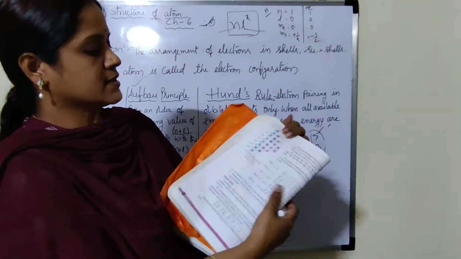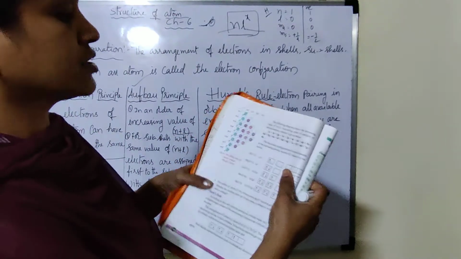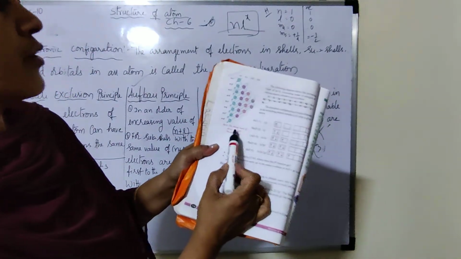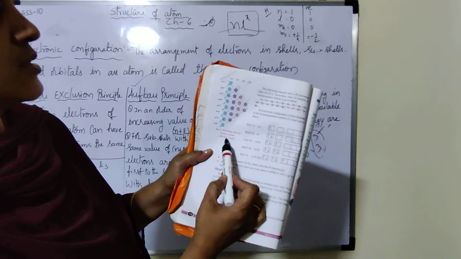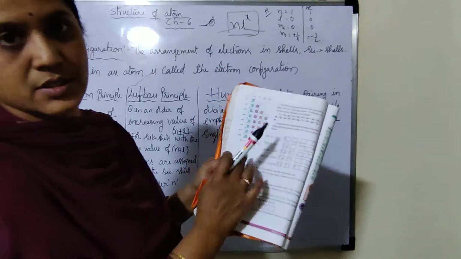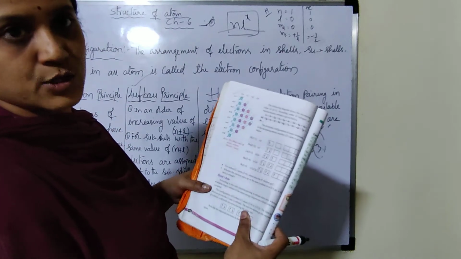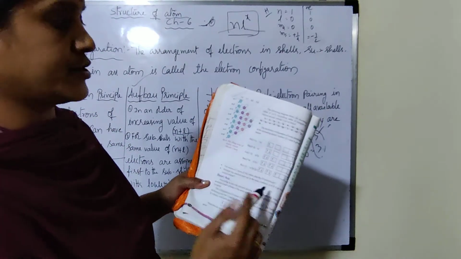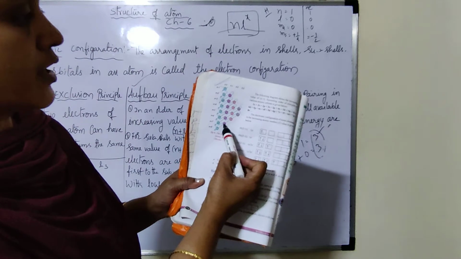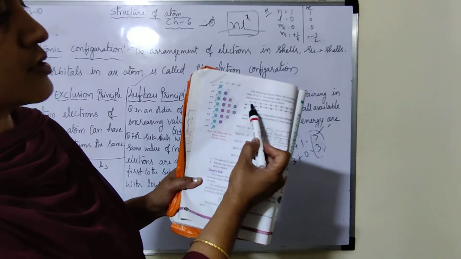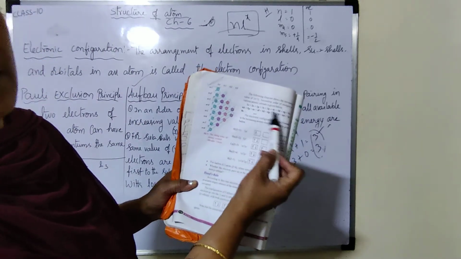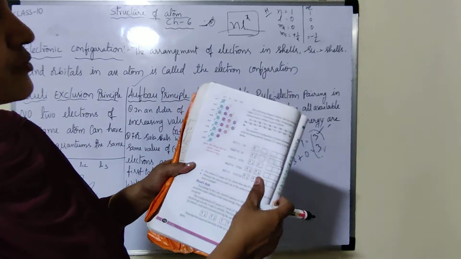So this is a very important diagram. This is the filling order of atomic orbitals. This is the Moeller chart. This is a 4 marks question: draw the Moeller chart showing the filling of the arrangement of electrons in an atom. So you have to draw this figure and write this one also, the ascending order of the orbitals.